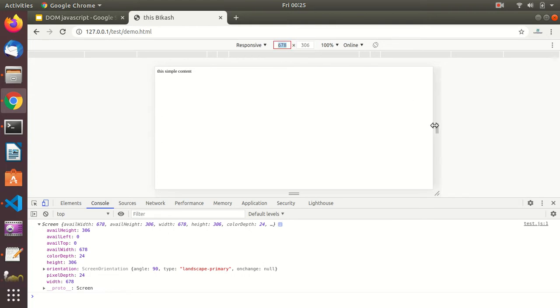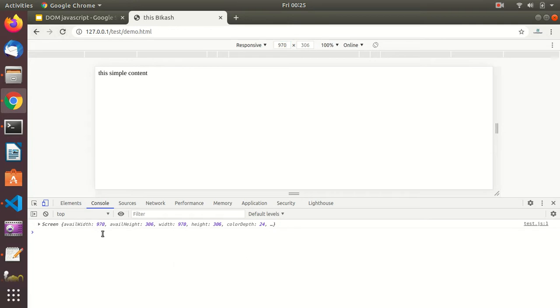And when I change the orientation of the window, then you can see the values have changed. So this is the screen. Those two objects, screen and document, belong to the window, and all those properties are available regarding the window.